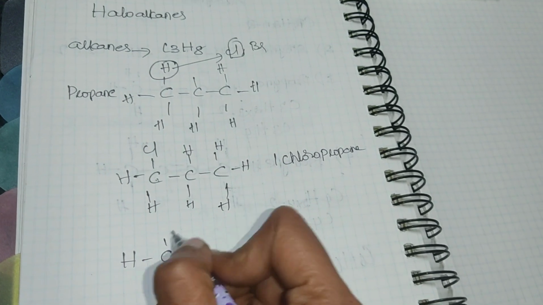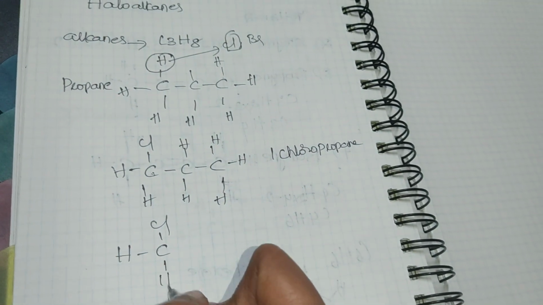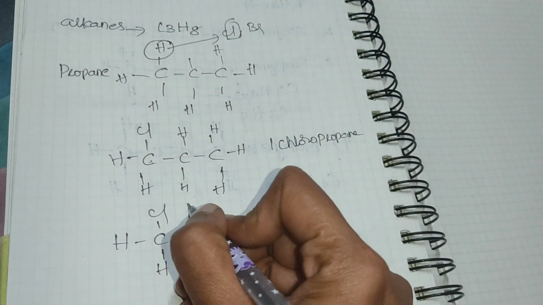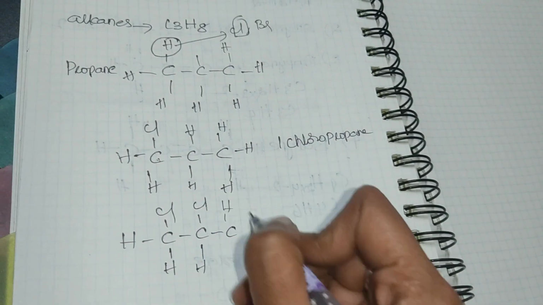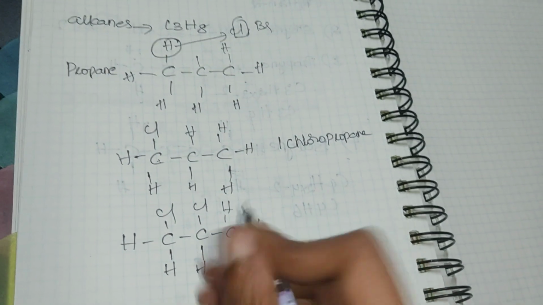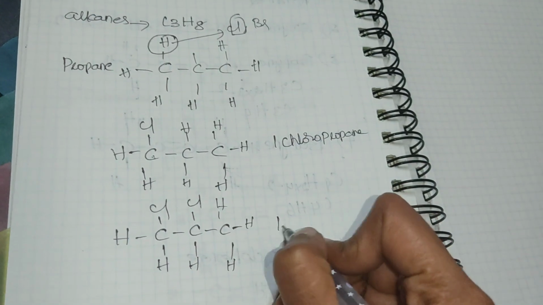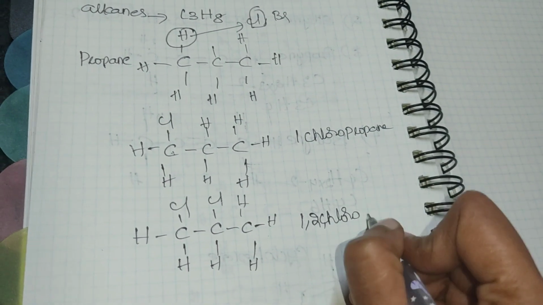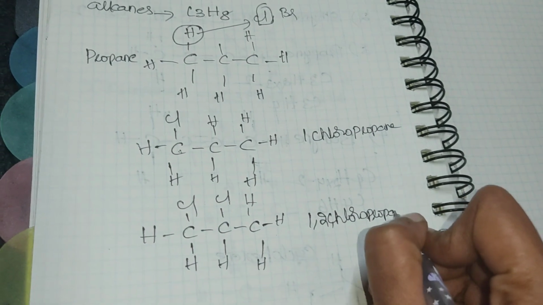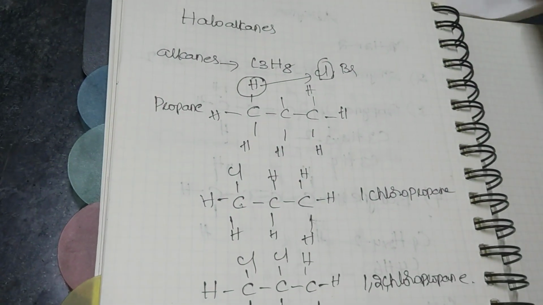So when 2 chlorines are attached, this is like that only, and one more carbon also is attached with a chlorine, then we can say it is for first carbon, second carbon, chlorine is attached. So 1,2-chloropropane, like this we can tell. So like this the